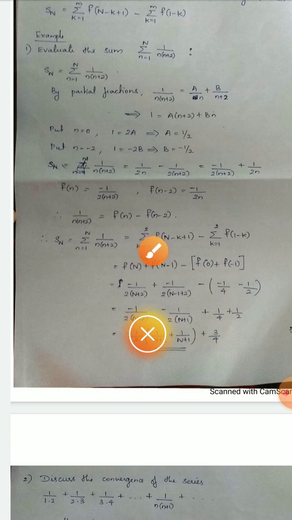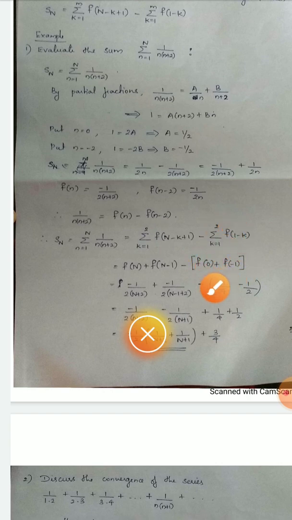So that is sigma k equals 1 to m. Here m is 2. So sigma k equals 1 to 2 of f of n minus k plus 1, minus sigma k equals 1 to 2 of f of 1 minus k. And by substituting k equals 1 and 2, we get f of n plus f of n minus 1, minus the value obtained by putting k equals 1 and 2 in this expression, we get f of 0 plus